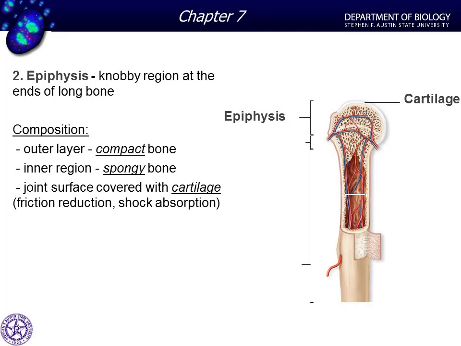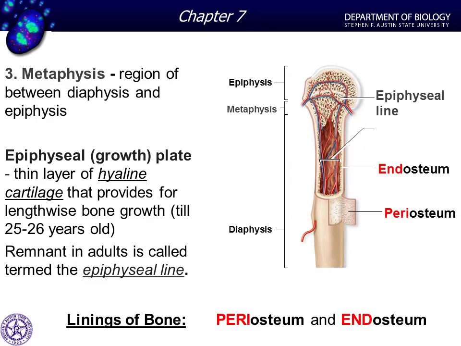Now, I don't like how this division has sort of happened. Now, I understand we've got the diaphysis, the shaft, the epiphysis, the top. Then we have the metaphysis here in the middle that we're going to get to next. But really, the bottom of the epiphysis is where we have our growth plate. But for whatever reason, your textbook decided to put that in the middle region, the metaphysis. Now, whether you say the epiphyseal growth plate is in the epiphysis, which I have always taught, or you say it's in the metaphysis because that's what the textbook says, I'm good with either way,